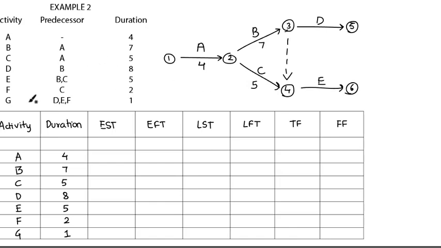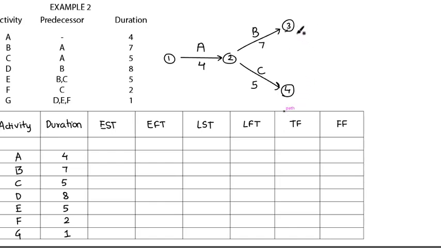And the last one is G, while F comes from C. Now see what happens if I draw an arrow over here, F. It comes from C now. No, B and C. F is coming only from C, which means this is wrong. So what you have to do is slightly tweak the diagram.